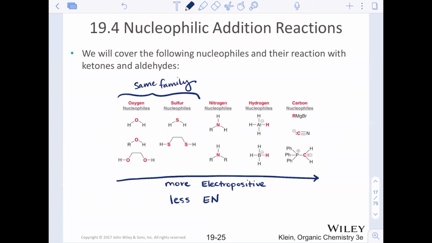So oxygens and sulfurs don't mind electrons. Nitrogens, they're less electronegative, so they do not care about keeping their electrons. Hydride, H minus, oh no, it wants to give that up. It wants to give that negative charge up. Same with carbon minuses. Okay,